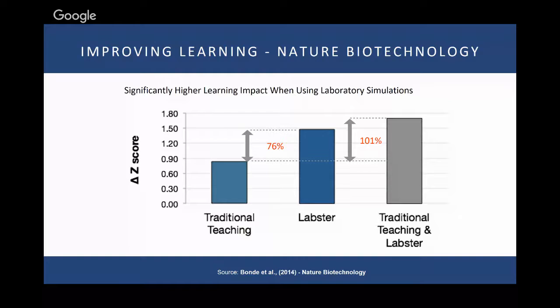Because what happens after the students go through these simulations is that we provide the teachers and the educators with a full dashboard overview of how the students performed in the simulations, and you can, for instance, then dive in and really see, okay, this specific topic, let's say DNA or polymerase, was one of the most difficult topics for my students to understand, and therefore I know that I need to focus my follow-up lecture on those specific concepts and topics to improve that.